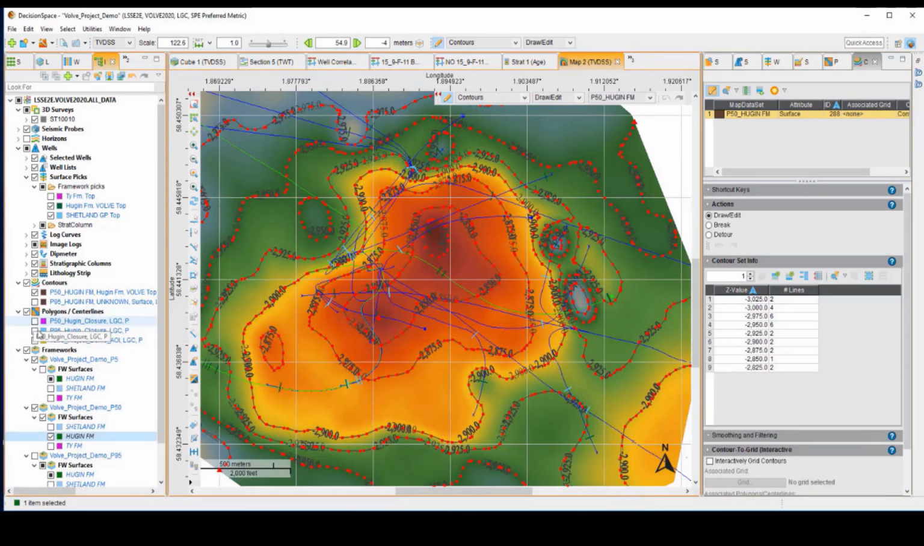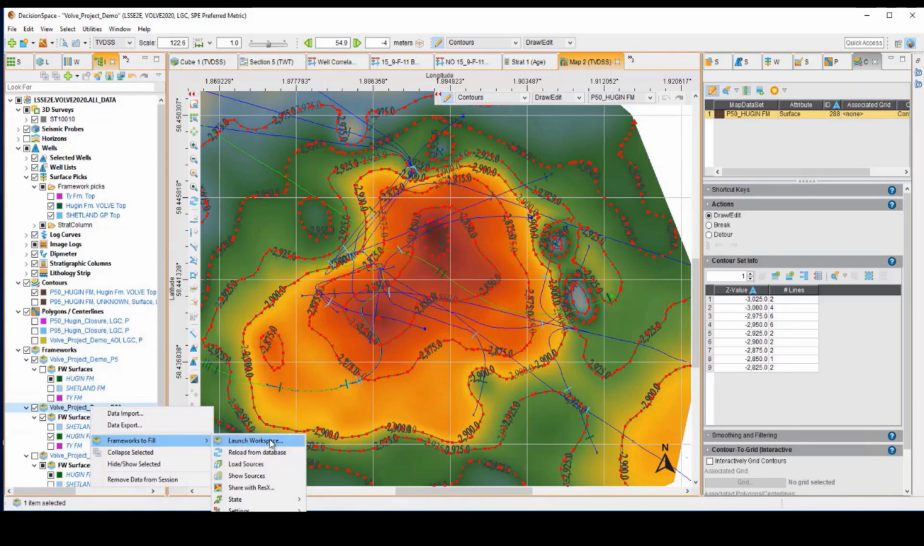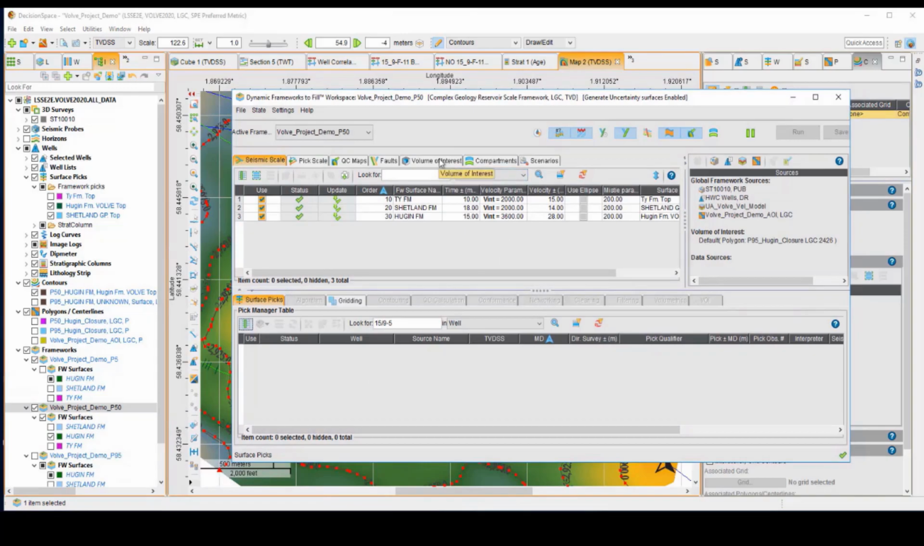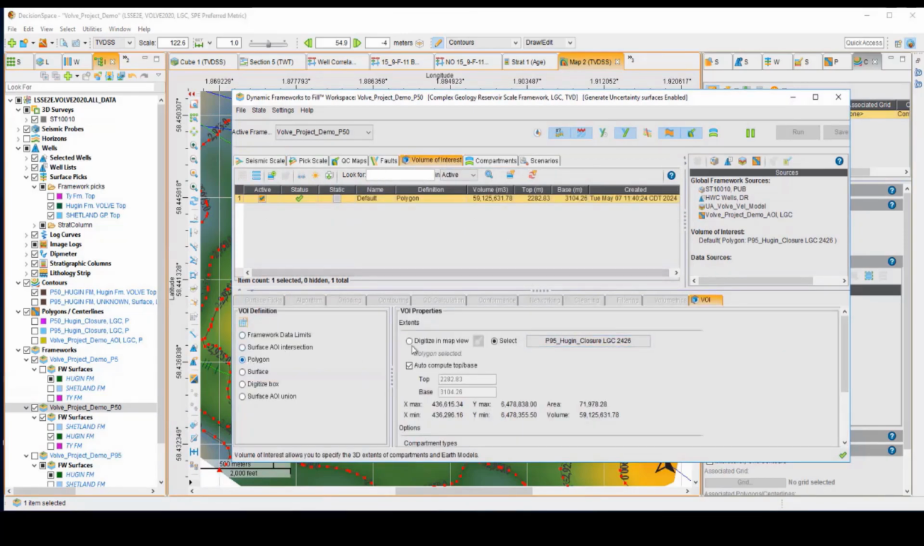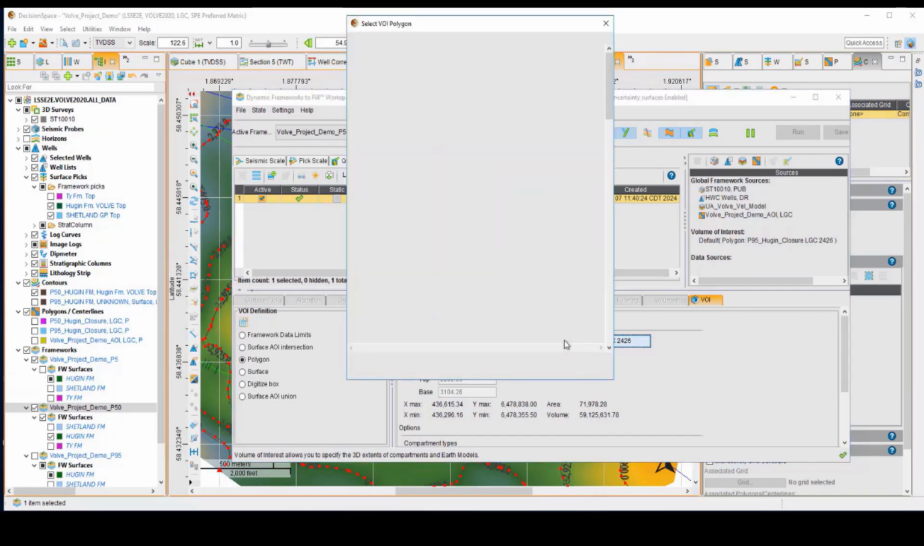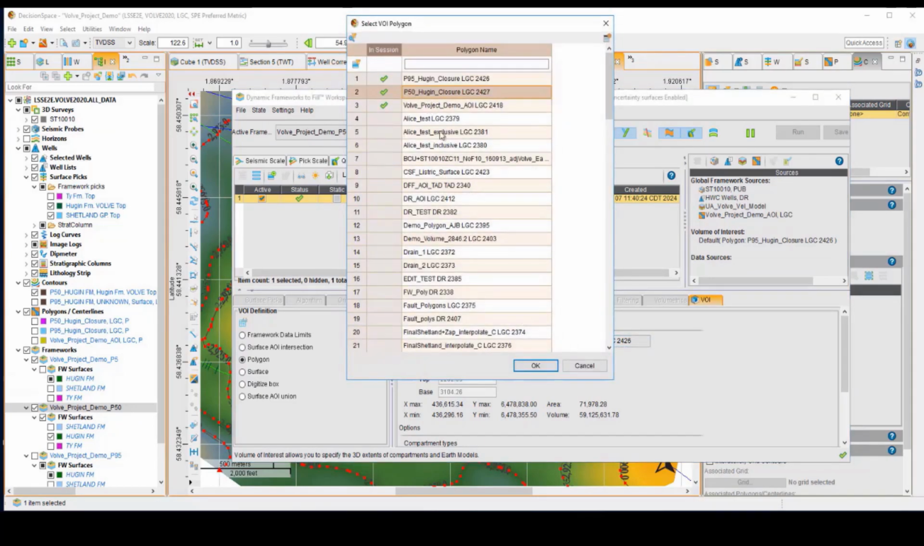Here you can see the polygon that I made for the P50 as well as the one that I made earlier for the P95 closure. So now we can use the polygons in different workflows, and I'm going to show how it can be used in volumetrics. So in the framework, go to the Volume of Interest tab, select the VOI definition to the polygon option